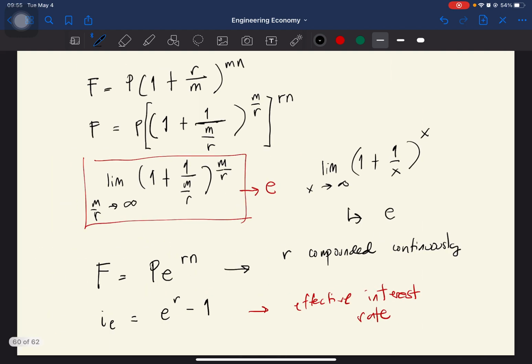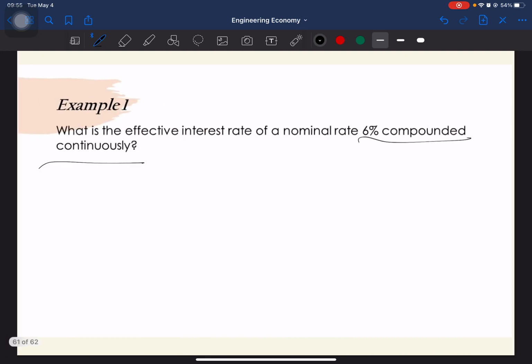Okay? And you know that the answer is going to be slightly above 6%. Kasi diba nominal yan yung 6% compounded continuously. Pero ang effect niyan is going to be higher than that, kasi marami kang compounding periods. Infinite nga. Okay? Subukan natin, pagkumparahin natin if 6%